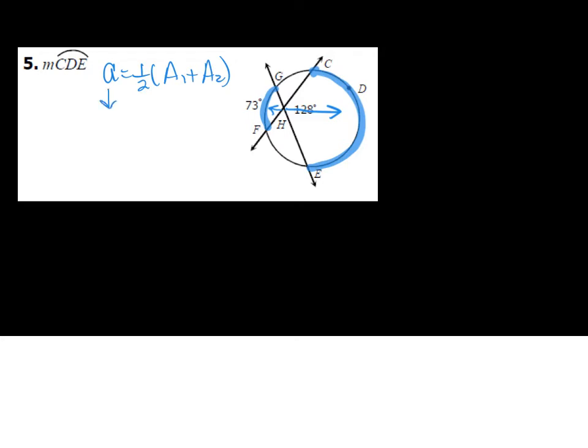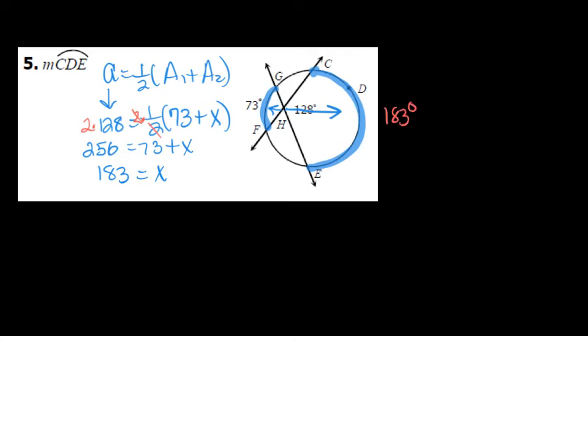So this time I'm given information about the angle. It's 128 degrees, and it is equal to half of arc 1, which is 73, plus arc 2, which is, we don't know. What we're going to do to get rid of the 1/2, we're going to multiply it by 2, and we're also going to multiply the other side by 2. After this, we're going to apply some old-fashioned algebra, and let's see what our variable is. After doing that, we find out that x is equal to 183, so that means that this arc over here